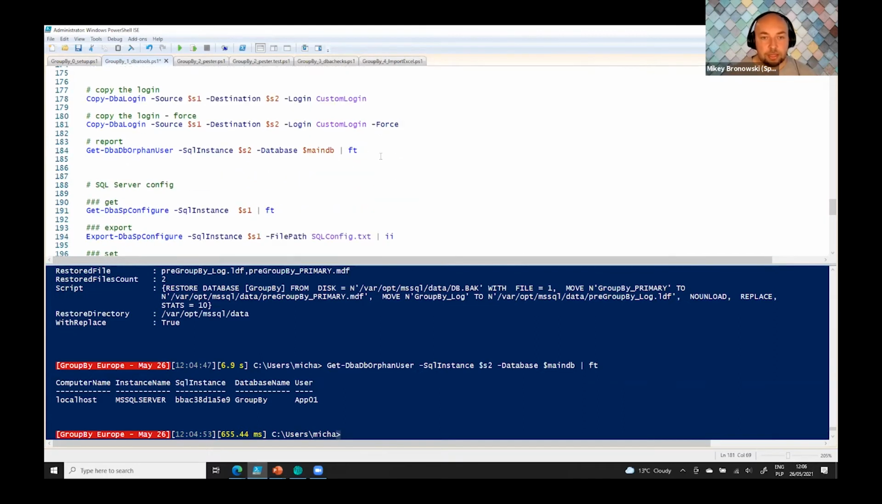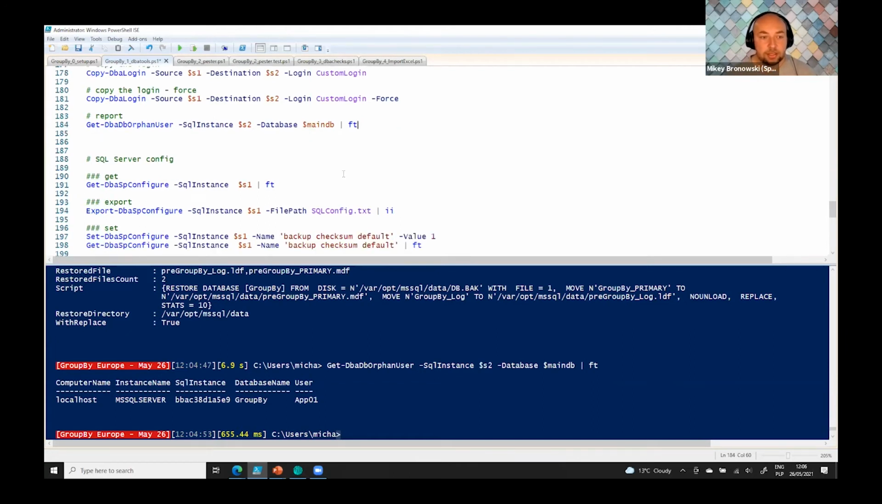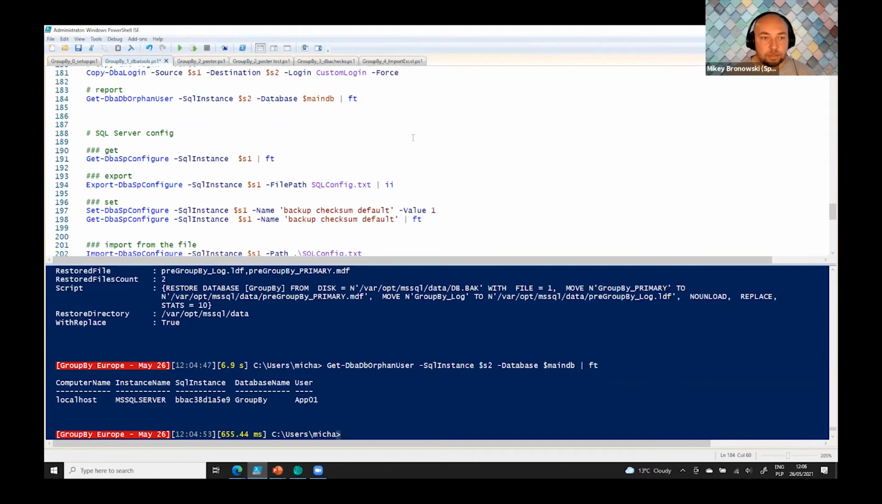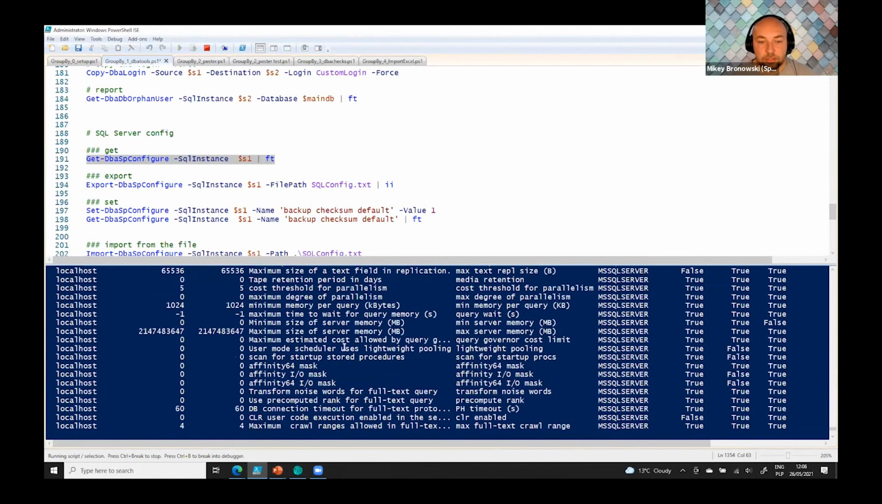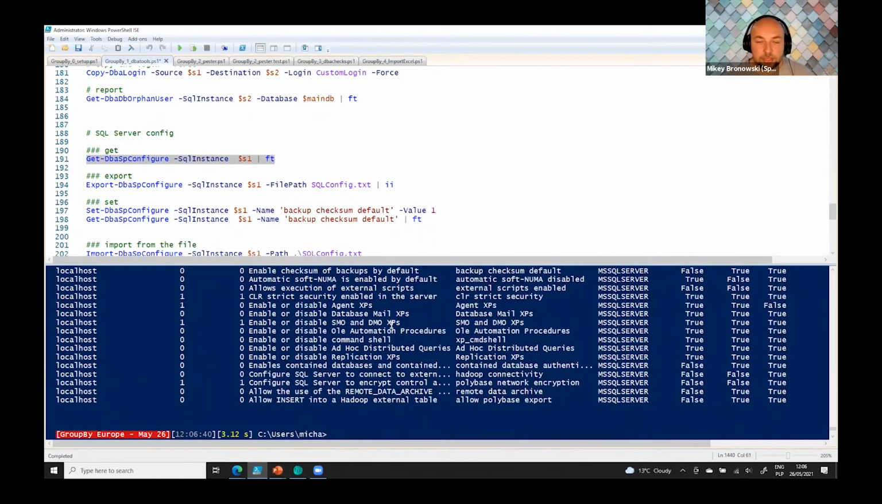So that's this tiny migration, but there is much more in dbatools to do migrations. There are so many commands, Copy-Dba or Move-Dba, so have a look. Let's go to two other types now. That's the SQL Server config, which is a short demo, but very important. When you run the Get-DbaSpConfigure command, you can get all the configurations from the sys.configurations table or the sp_configure